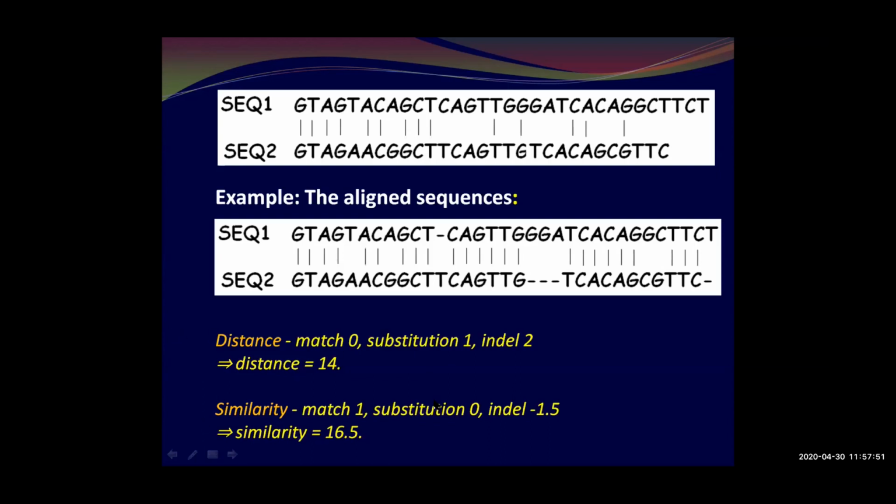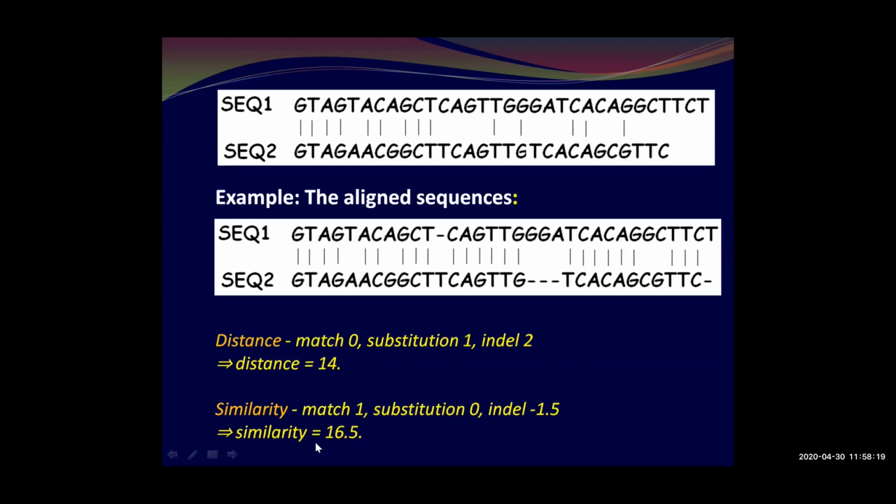Now, we can also go for a similarity score. For many purposes, we go for either the distance method or the similarity method. We shall discuss the requirement of the distance method and the similarity method while we deal with phylogenetic analysis. Then it will be clear to you. So another measurement is the measurement of similarity. This is more commonly done in the case of sequence alignment. So what is the level of similarity?